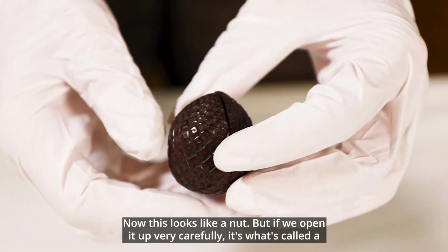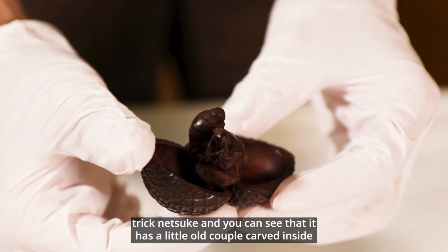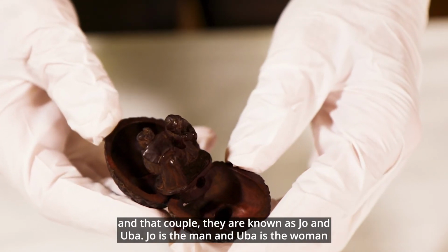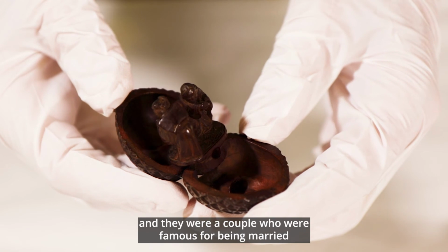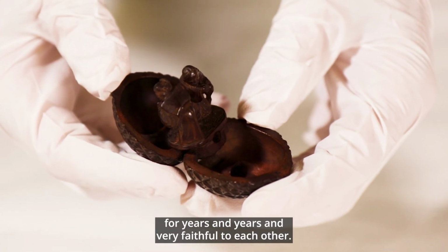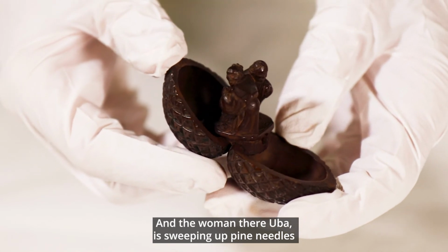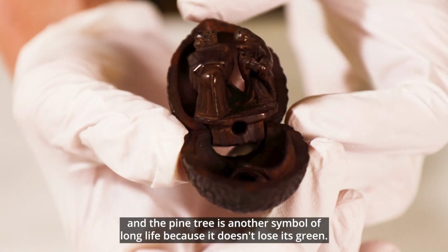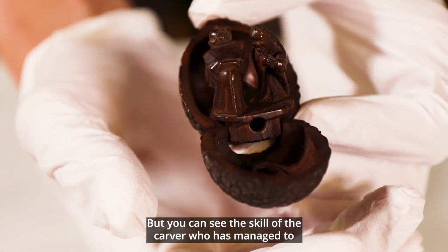Now this looks like a nut, but if we open it up very carefully, it's what's called a trick Netsuke, and you can see that it has a little old couple carved inside, and that couple, they are known as Jo and Uba. Jo is the man, Uba is the woman, and they were a couple who were famous for being married for years and years and very faithful to each other. So they're often shown together as a symbol of fidelity. And the woman there, Uba, is sweeping up pine needles, and the pine tree is another symbol of long life because it doesn't lose its green. But you can see the skill of the carver who has managed to hide a miniature